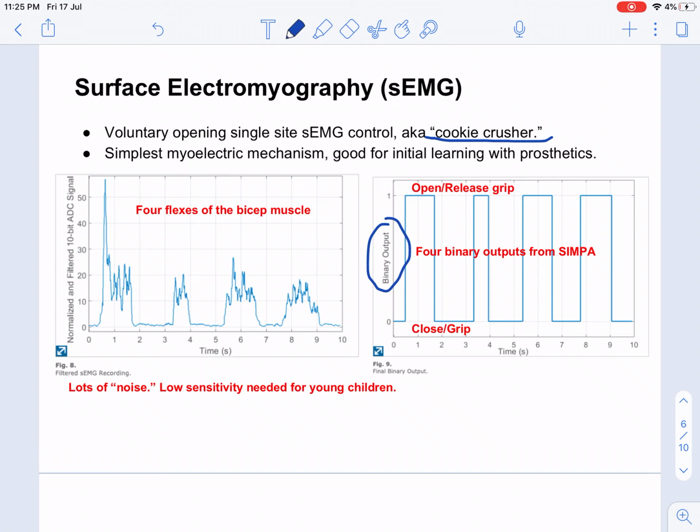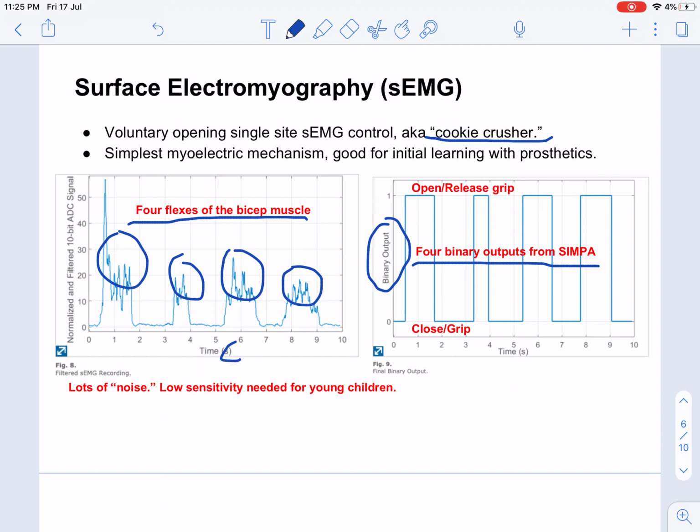And so here you can see they tested, here are 4 flexes of the bicep muscle that you can see, and read by this SEMG. And then in the device itself, here are sort of the 4 binary responses. And if you can see, it's done over a time period of 10 seconds, and they pretty much match pretty